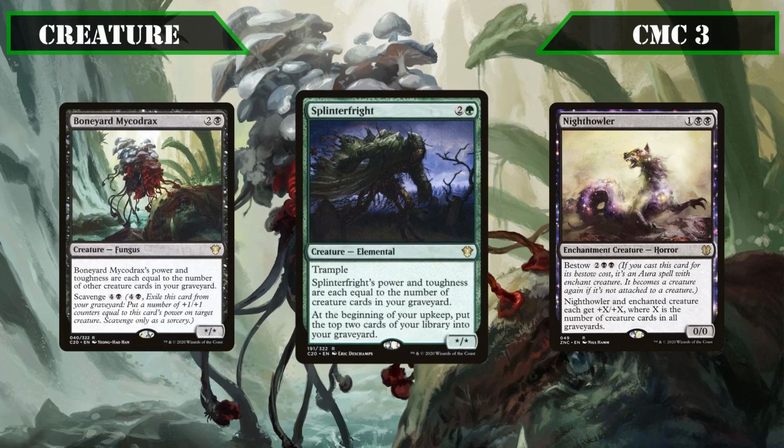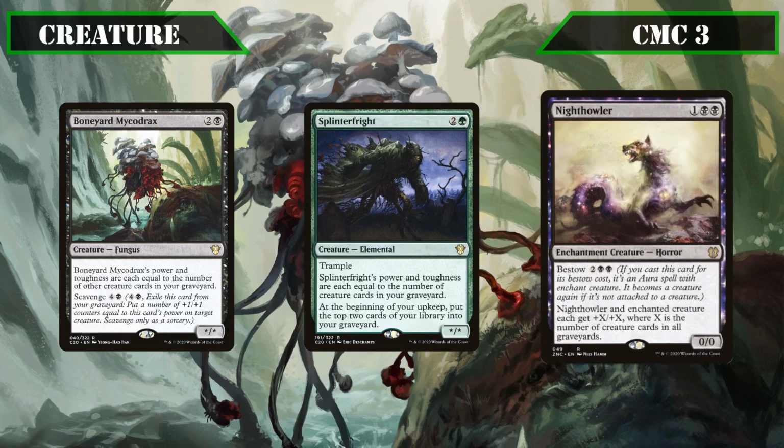Splinter Fright is another star whose stats are equal to the number of creatures we have in our grave, as well as having trample and milling us for 2 on our upkeep. Its built-in trample allowing it to crash through blockers more easily, and the additional mill helping it and our other payoffs grow even faster. Night Howler is a 0/0 with Bestow for 2 and double black that gives the enchanted